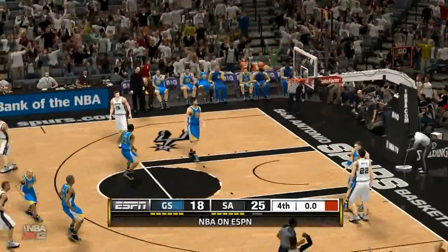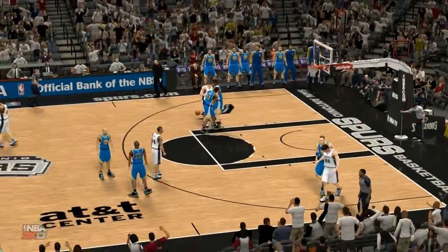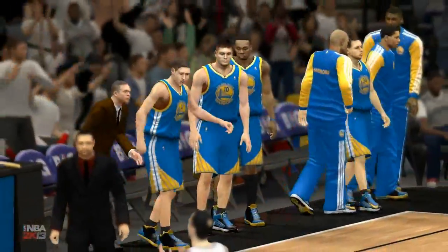Here's Splitter and the miss. And so it's San Antonio with the win. Both teams played well, but